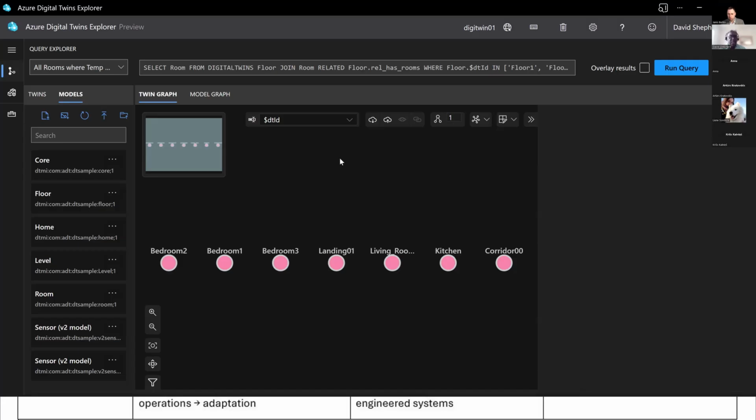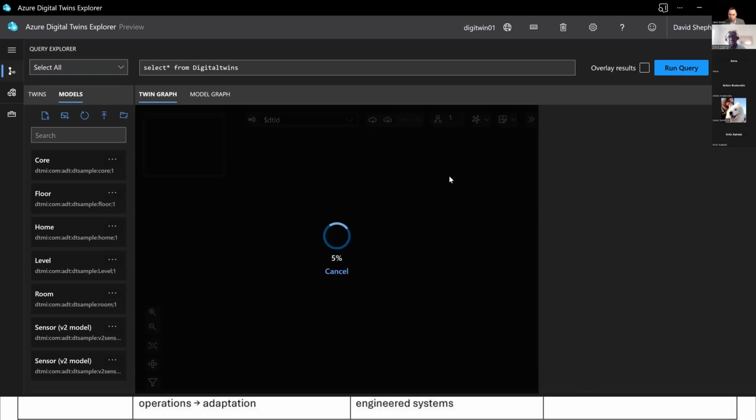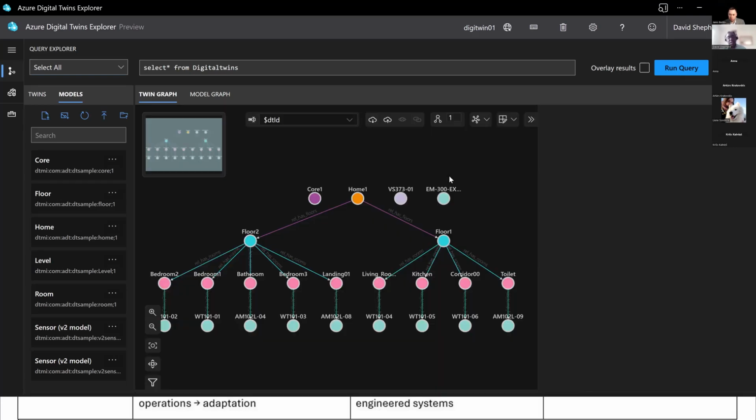Do you see what I'm saying? And you see the power of that by comparison with having a sort of closed system BMS, which is specific to that building, but doesn't look across the whole estate. I can still go back to the entire hierarchy you see there, and I can build on it. It doesn't have to be one building. It could be an entire portfolio.